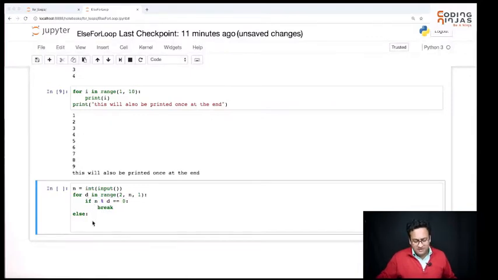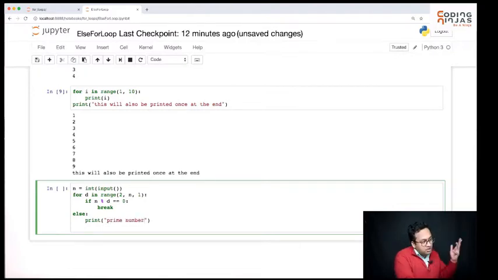So if I just have to print, let's say I want to print only if n is prime, and I am not going to print anything if n is not a prime, then I can simply say prime numbers, because I'll come inside else only if the for loop has actually completed. And if the for loop has actually completed, that basically means that we have gone through all the numbers and nothing could divide n. Only then the for loop will not terminate because of break. In that case you can say it's a prime number.